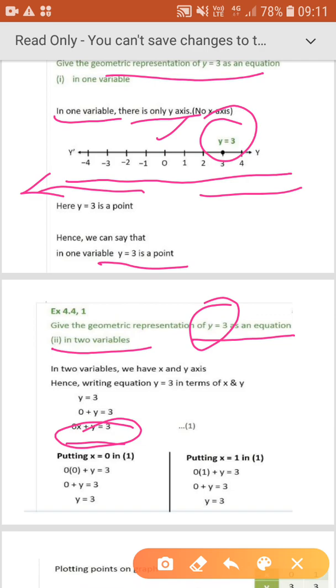Now you know that how do we take the points or the solutions? We assign any value for x and then get the corresponding value of y. So let us see when we place x 0 here. So 0 into 0 is 0. So y is equal to 3. And then next, when we put x equals to 1, then also 0 into 1 is 0 and y is again 3. So for any value of x that you are going to put over here, y is always coming out to be 3. So this is a special case.